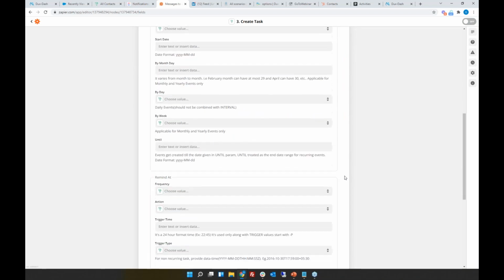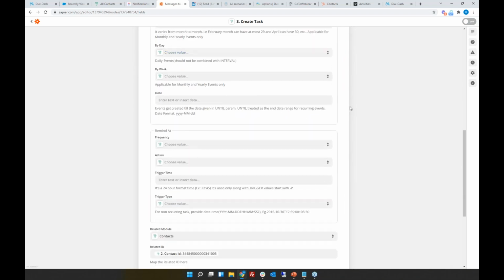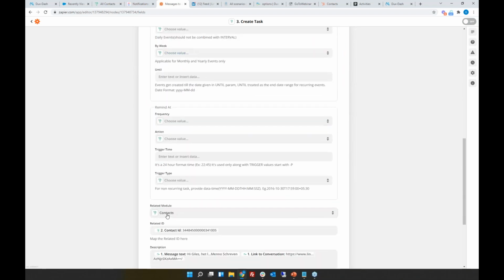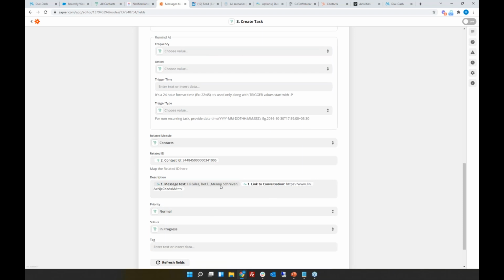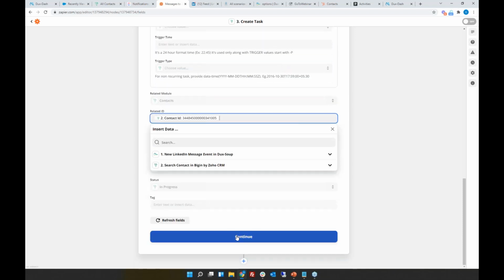We'll go down here and get some of these standard fields that you can have. You have to make sure it's coming out of your contacts, and the contact ID comes from the search result above. And again, here I've got the text of the message and the URL to the message. If I now press continue,